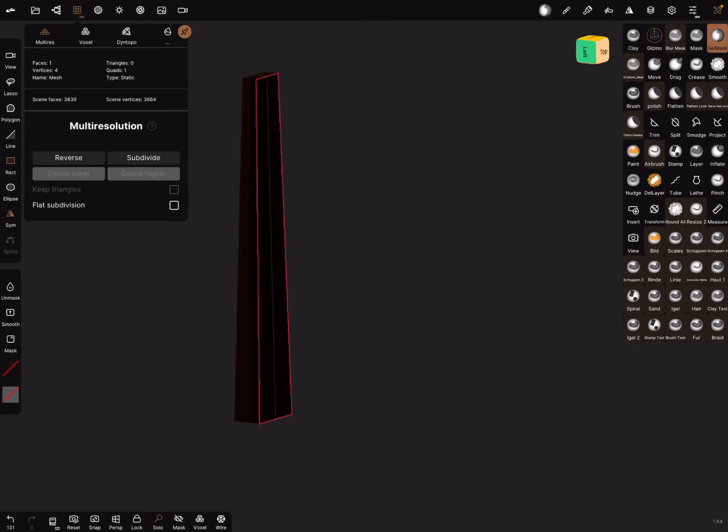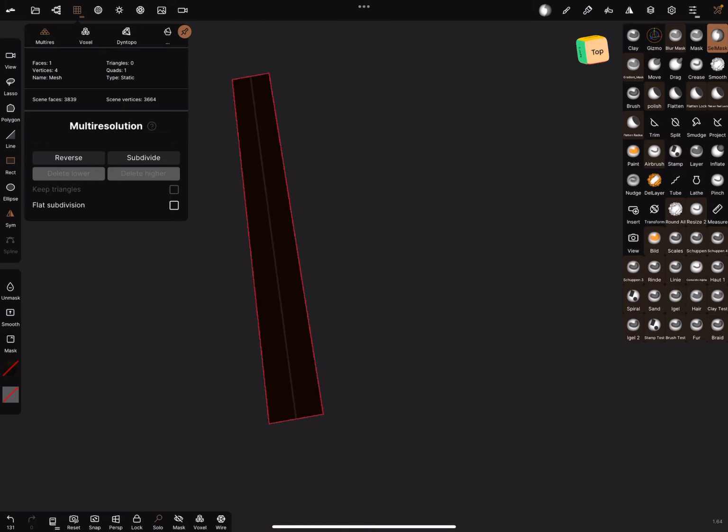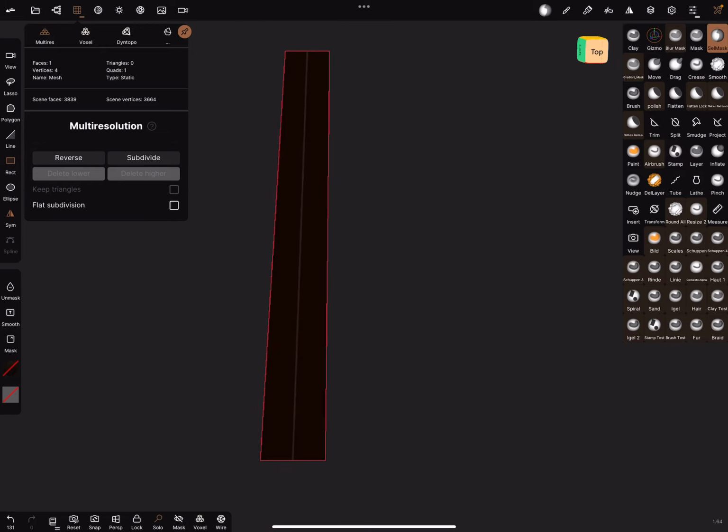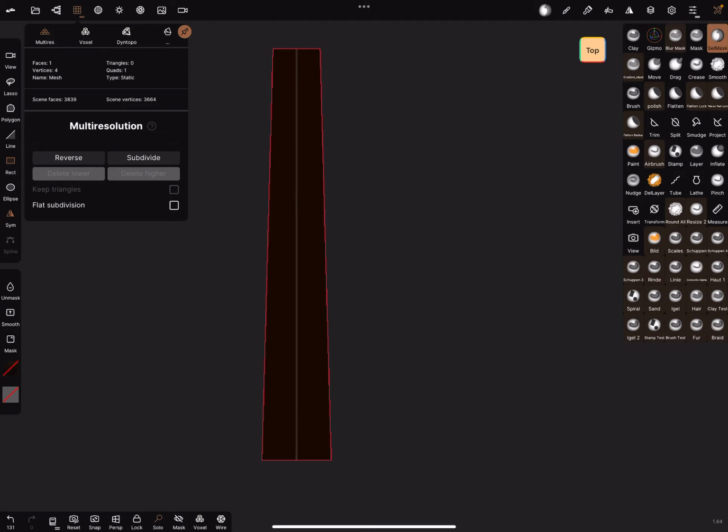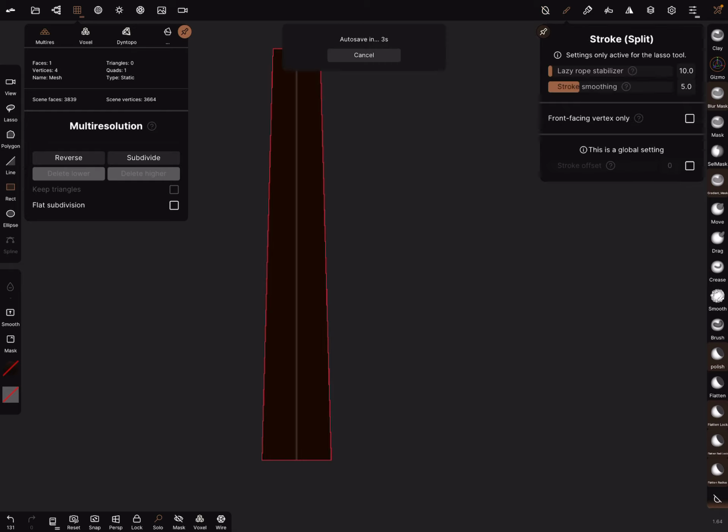And now you can make this solo view, top view. And now let's use the trim or use the split function. Hole filling off and front vertex only is okay.